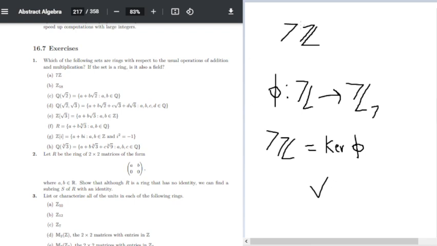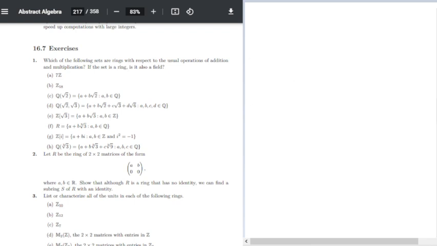Alright, Z mod 18. Oh yeah, 7Z, is it a field? No, because the integers aren't even a field. So Z mod 18, for this, we'll note that Z mod 18 is equal to Z mod 9 times 2. We'll take for granted that Z mod n is a ring for any n. But because Z mod 18 is equal to Z mod 9 times 2, 9 times 2 is equal to 0